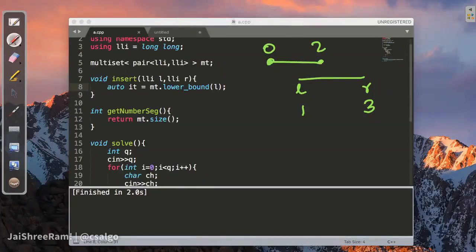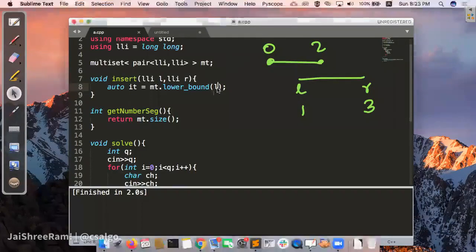So the ideal way to do this in most problems is having L comma minus infinity, something like this. I'm not defining infinity yet, but we should ideally keep it minus infinity, because any pair which has its first as L will be greater than this value.